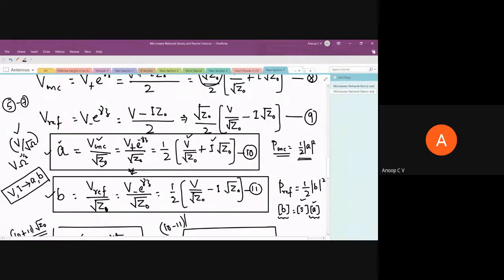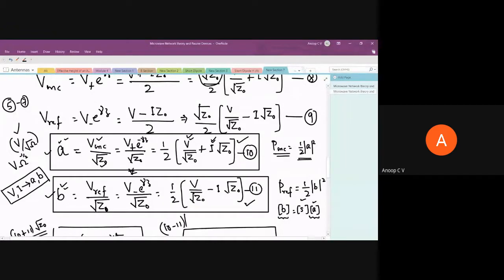So that is equal to what? In terms of V and I, we can write it like this, given by equation number 10. And similarly, B is the reflected voltage normalized by root of Z0, normalized by the square root of the impedance, and it is given in terms of V and I like this. If you want to write the S parameter description for a lumped network, normally we can measure V and I. So given V and I, you can obtain A and B like this. That is what we have done here.